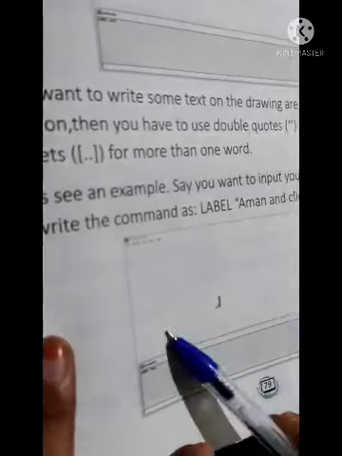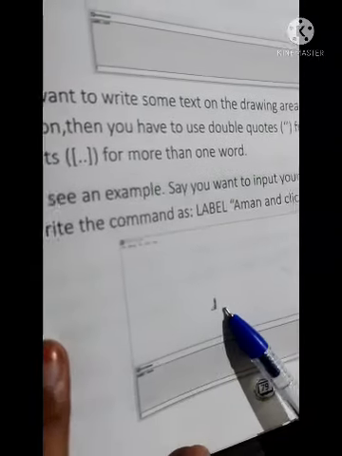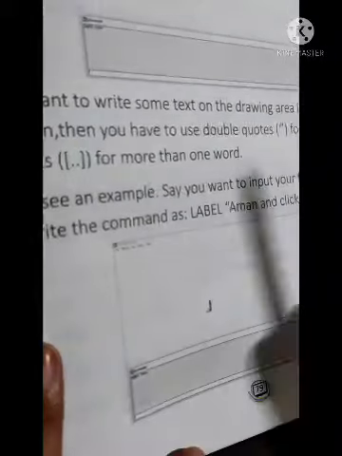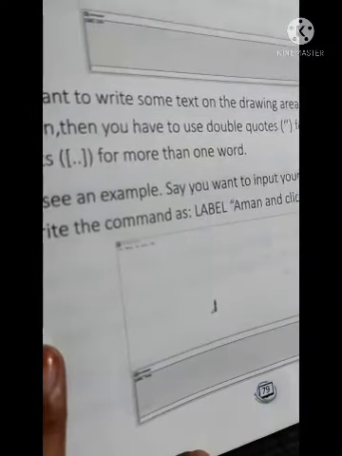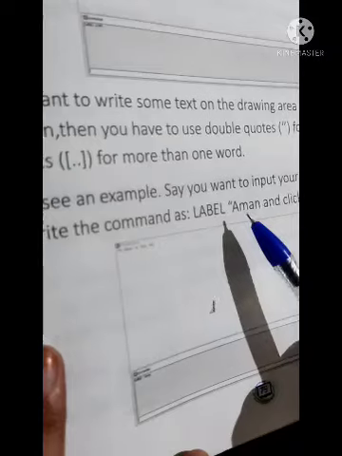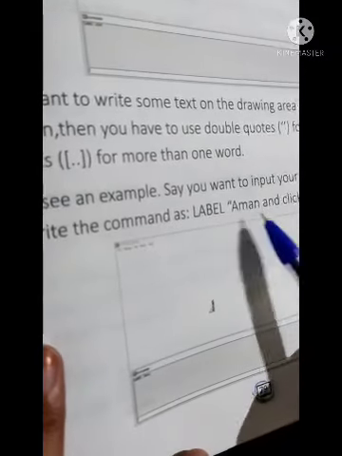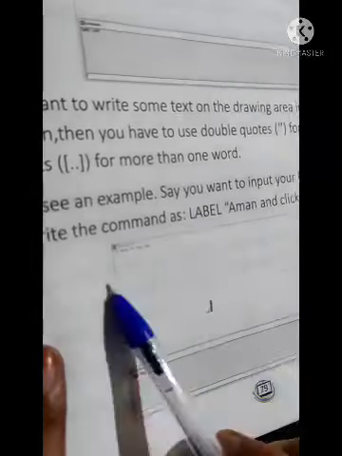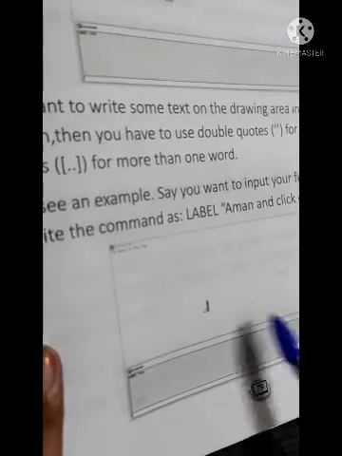This is the way to use the label command.